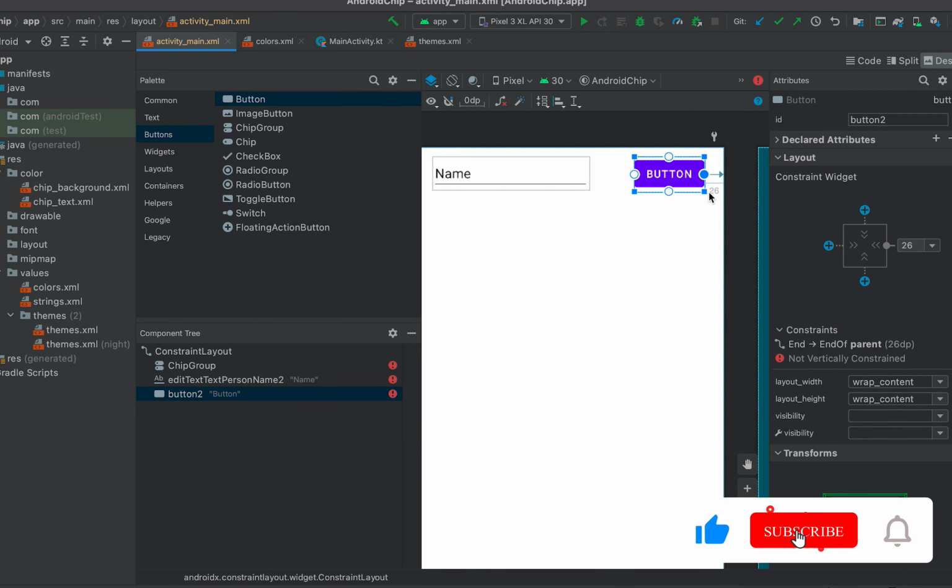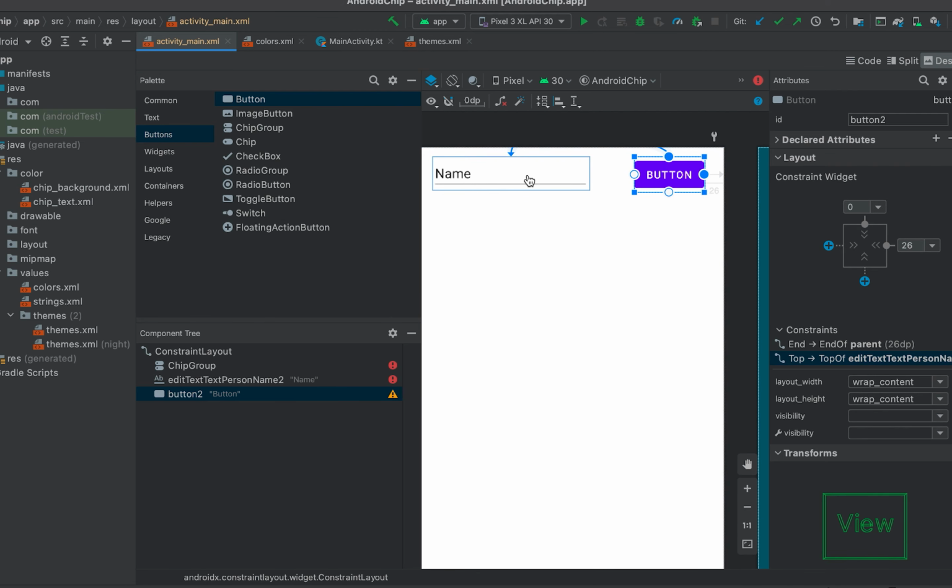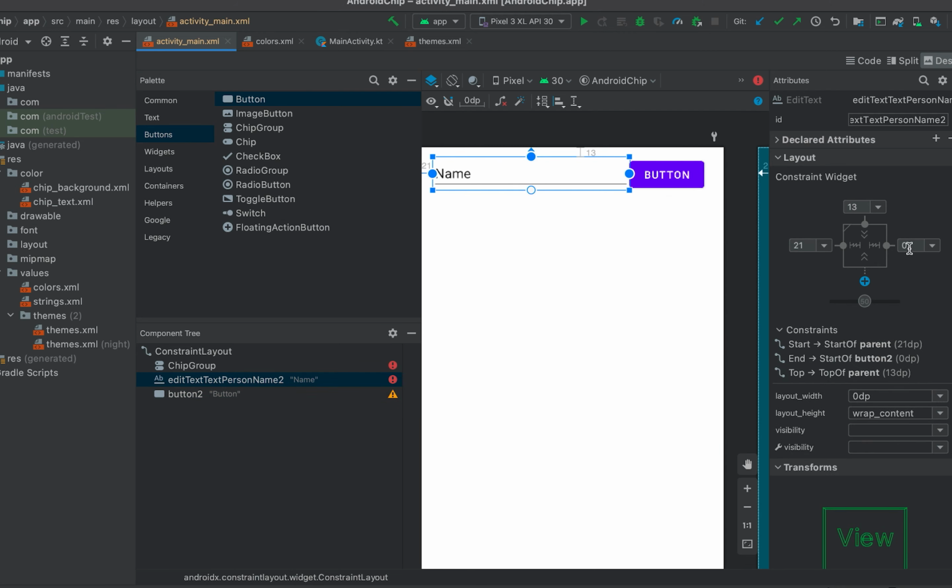So let me add the right constraint, top constraint aligning to this text view box, and the right of this I'm aligning to the button. Layout width of this button, let me change it to 100 dp. And also let's give some padding between this button and this text box,